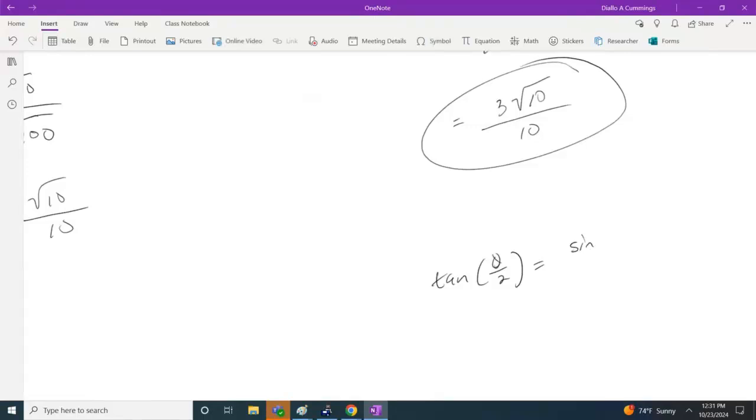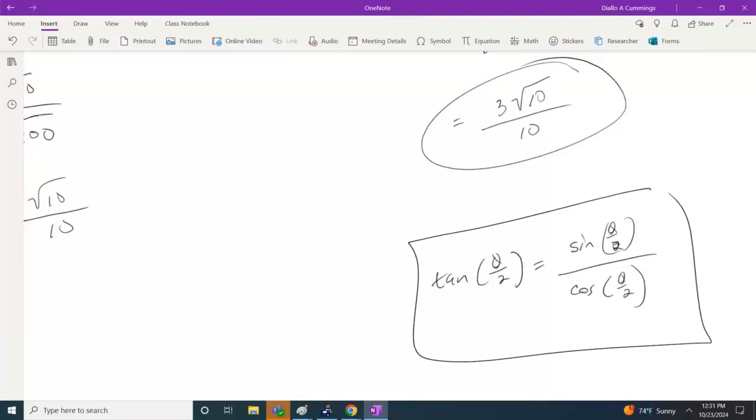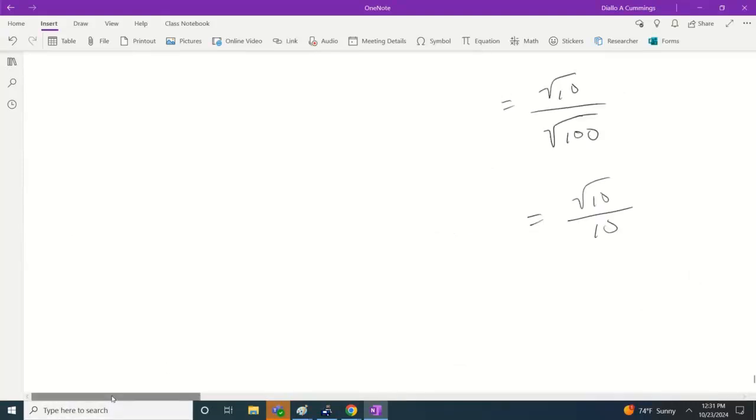the half angle of sine divided by the half angle for cosine. I don't know why they don't have that one on there, because the tangent is the sine over the cosine, right? So the tangent of alpha over 2 is going to be sine alpha over 2 divided by cosine alpha over 2. So with the other two that are given, would those not work? Yeah, they will work. The difference is,